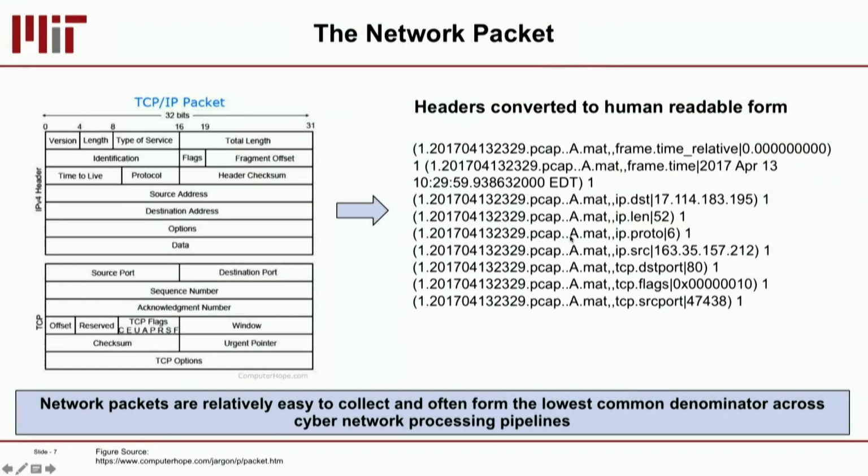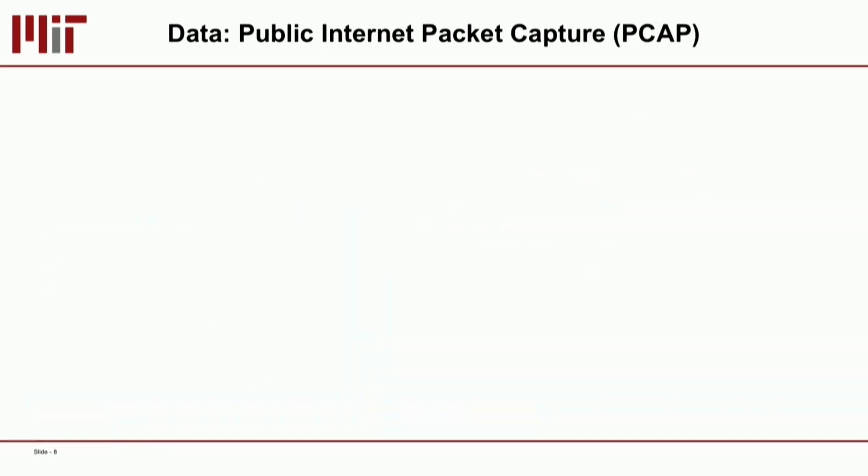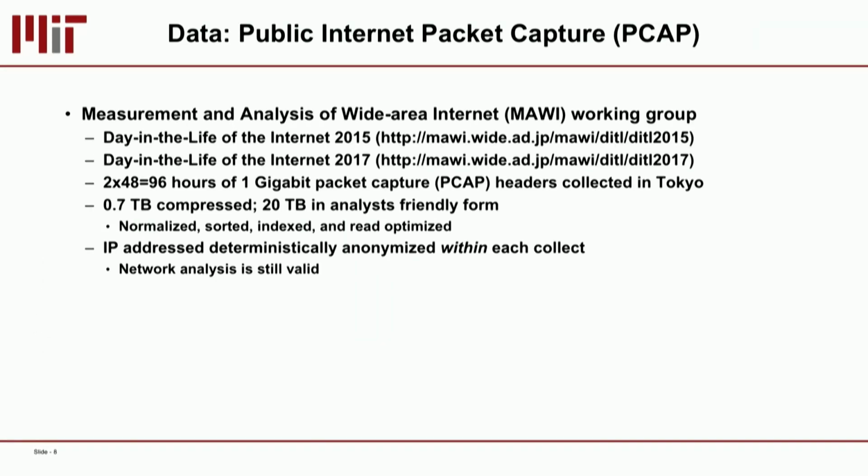And if you convert that into a human readable form, just the header information, this is the type of data that you get out of it. So it gives you things that you would expect. What was the IP address that I started from? What was the port that I started from? What was the destination IP address? What was the destination port, plus a bunch of other information about certain flags that were set, what direction the traffic is moving in, and stuff like that. And then any flags associated with it, what type of packet it is, so what type of protocol the packet is using, etc. All right, so just as a reminder, the data we're using is from the Maui working group,